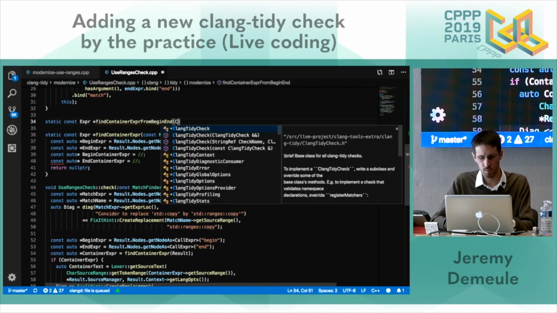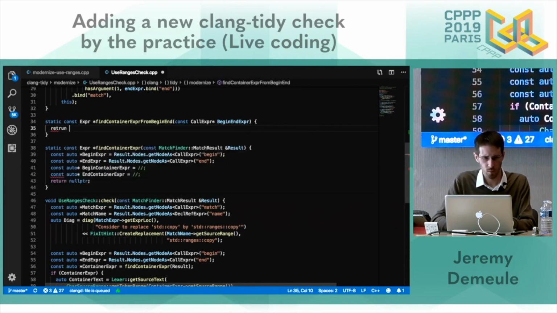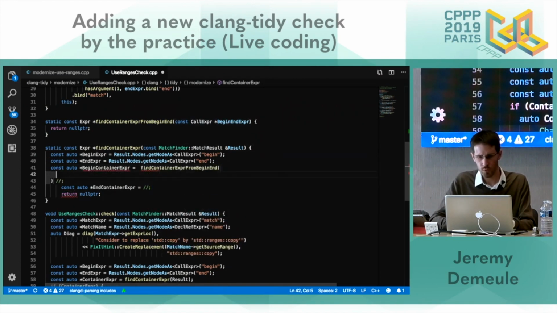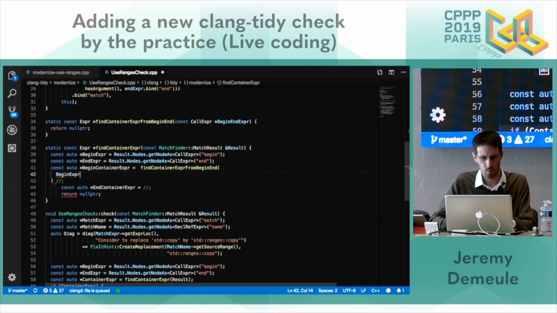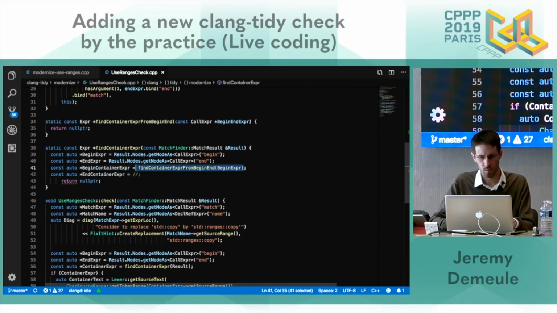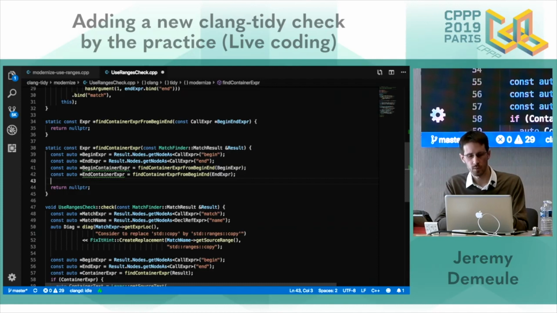Begin, end. We will use that find container expression from begin, end, with my end. Okay. And now we have to verify they are the same.